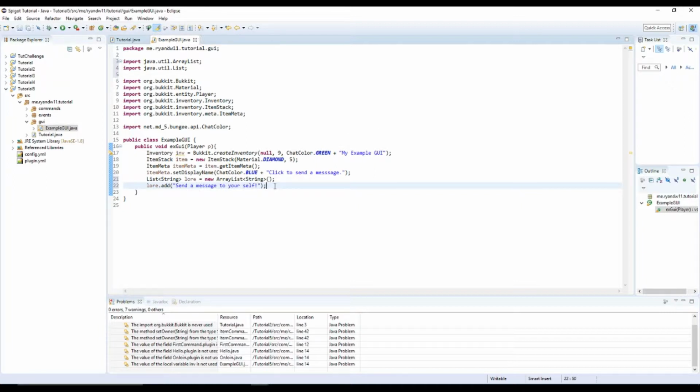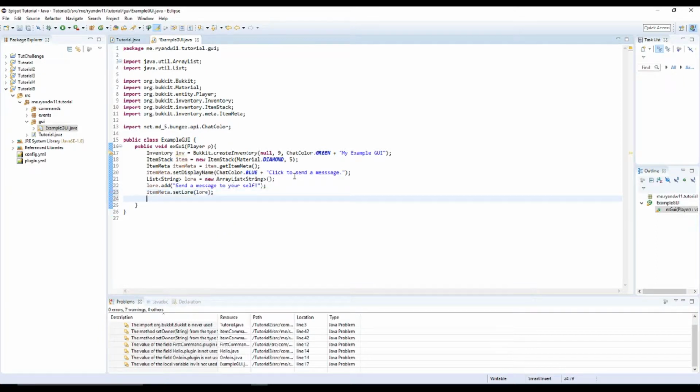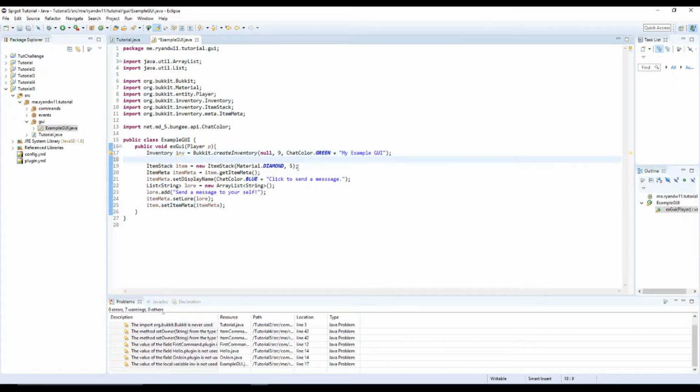Okay, and all we have to do is add the lore now. Or item.setItemMeta. There we go. We made ourselves an item. So let's space this out. So this creates the inventory,